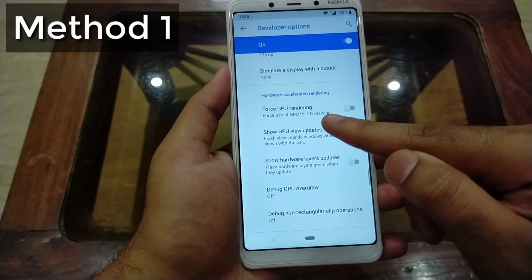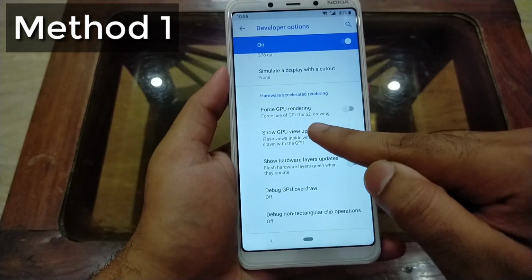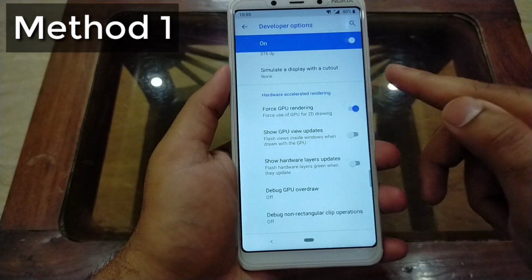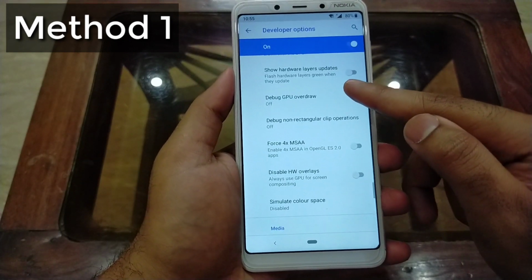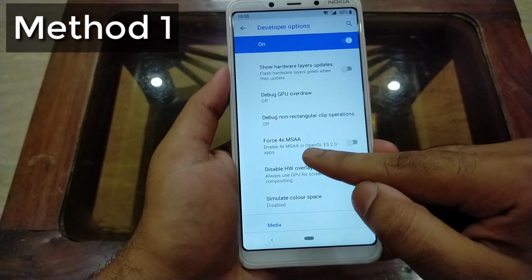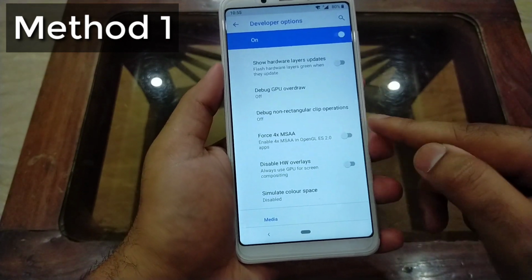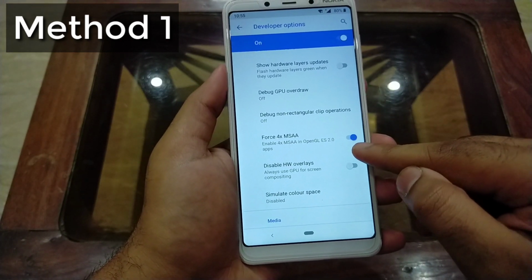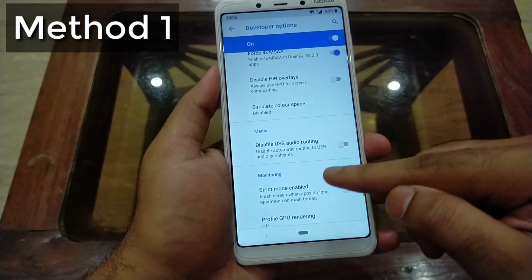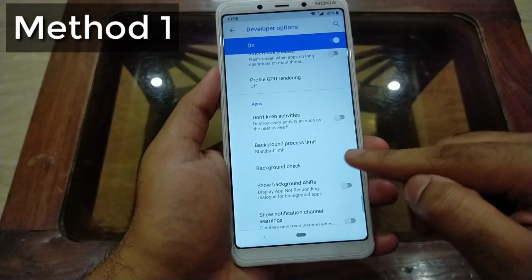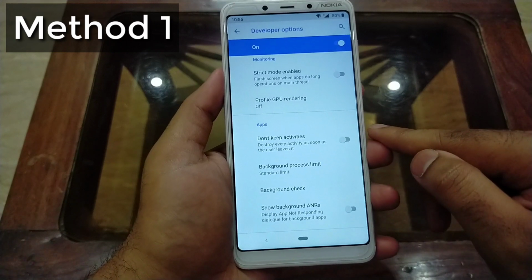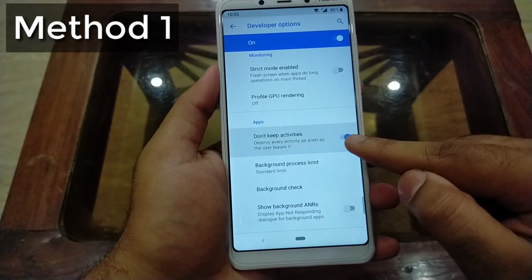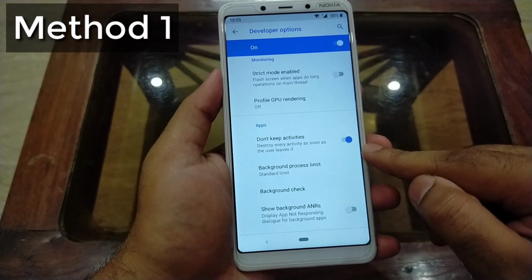And then guys scroll down and here is an option force GPU rendering, so make this option on, and scroll down a bit, there is an option force 4x MSAA, and also make this option turn on. And then guys scroll down and you will see an option do not keep activities, so turn on this option.